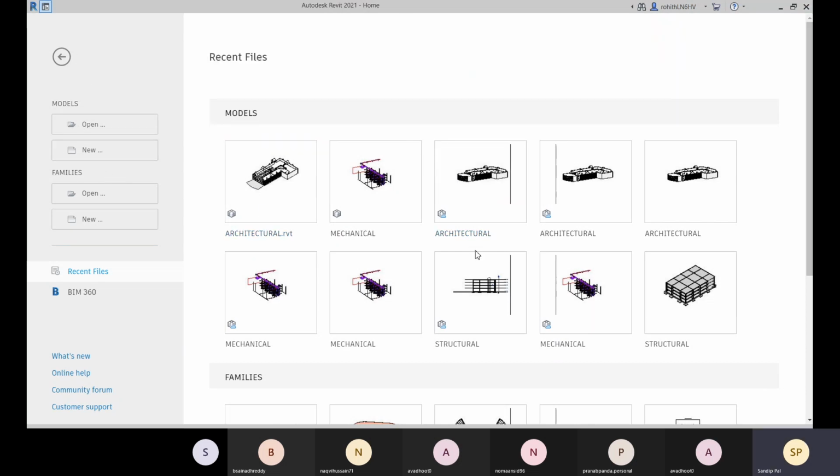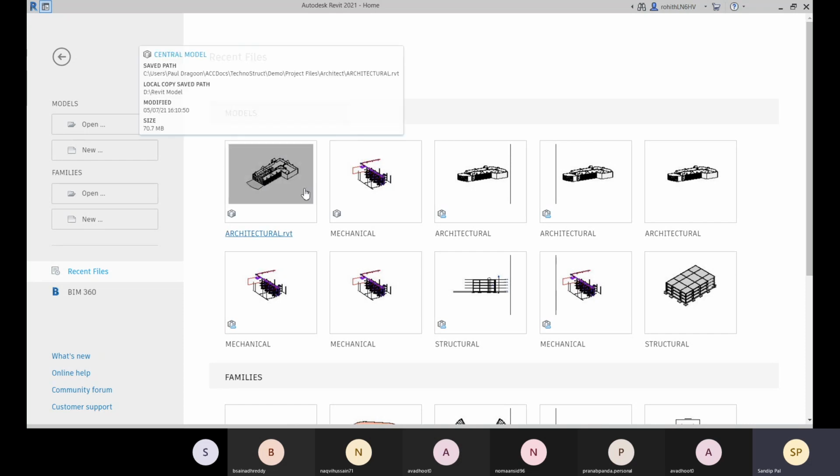So this is the GUI you can see. Here you can see these are your recent files. If you are using an earlier version of Revit, like 2019, the screen will be different. From 2020, you will have this kind of screen, where you will not find the ribbon, because at this early stage we don't actually use the ribbon and we don't even need to see it. So that is a good update, I think.